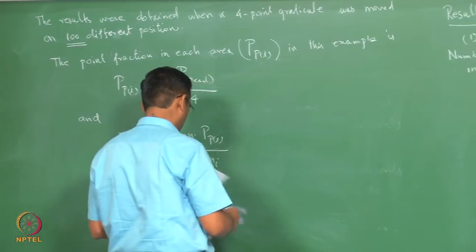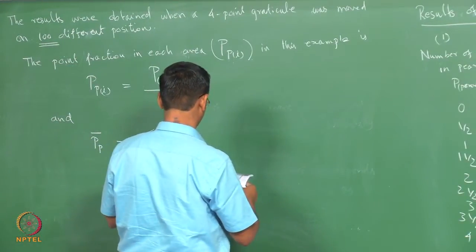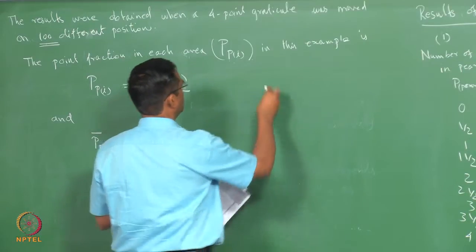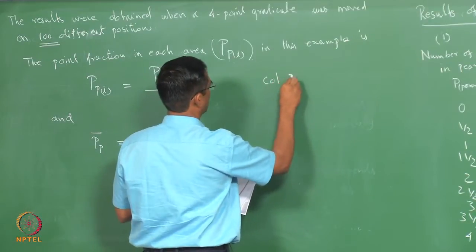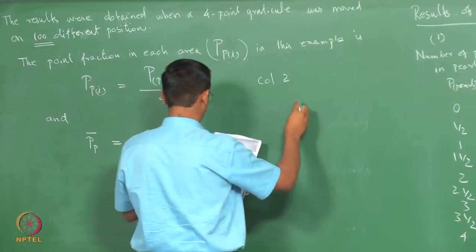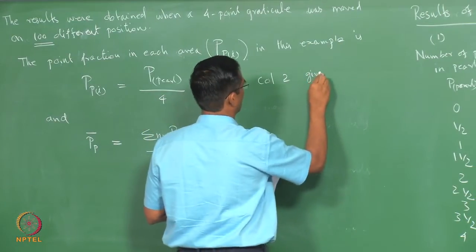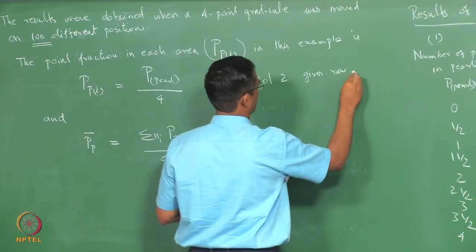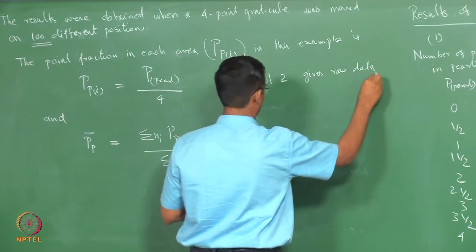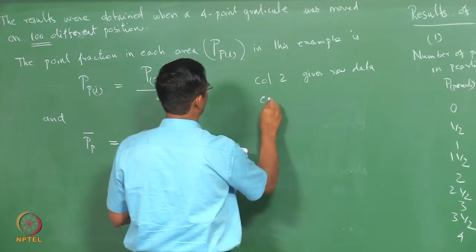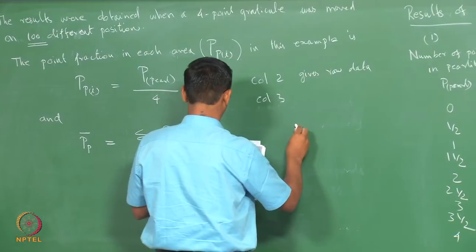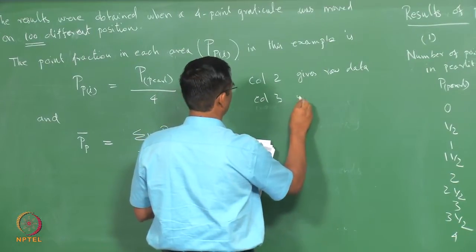You can write, just for reference, column 2 gives the raw data, column 3 is obtained